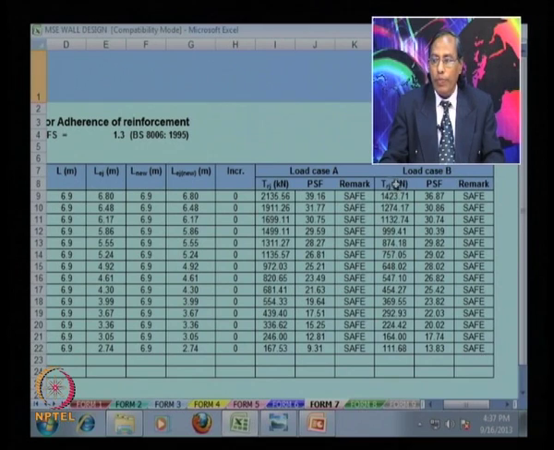For load case B, you can also calculate the TRJ. So, this is the TRJ value, and then you can calculate the partial safety factor, that is from 36.67 and gradually decreasing to 30.83, and as per code it is 1.3. So, it satisfies this criteria. So, it is also safe. So, due to pull out, the adherence of the reinforcement is satisfying this criteria.